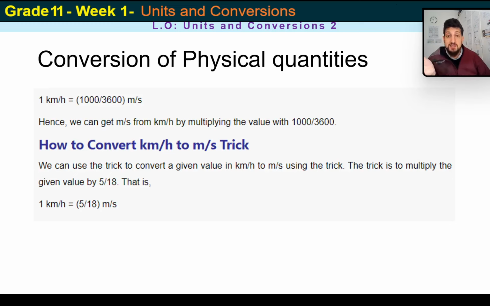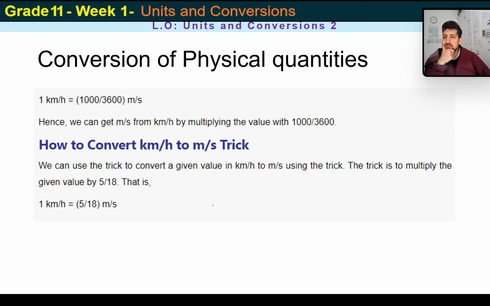Right, now comes the easy way. Remember how I told you there was an easy way and then there was the right way? Well, I'm going to teach you the easy way anyway, because it's going to be quite useful when it comes to quizzes and exams and assignments. And I'll be honest, sometimes I use it too. So,